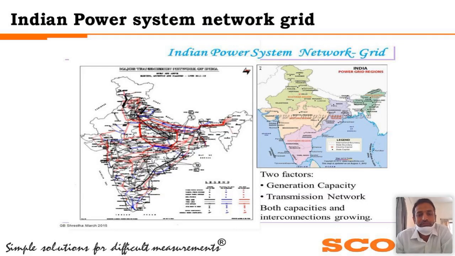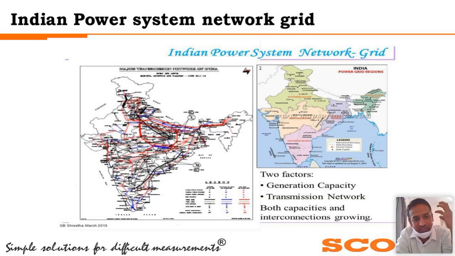Coming to the initial period of our power systems, what happens? Day by day we are increasing our networks, the demands are more, and we need to increase the generation capacity and the transmission accordingly. Transmission networks are also increasing exponentially every year. This is very difficult for the person who is monitoring the system. Right now we are monitoring at the substation level, not as a complete bird's-eye view.